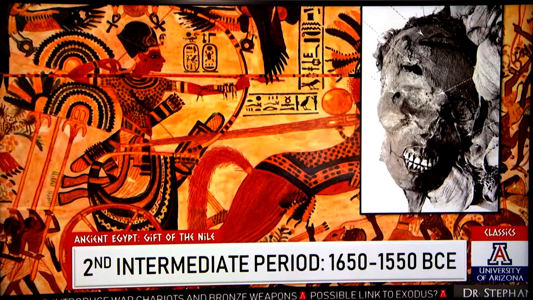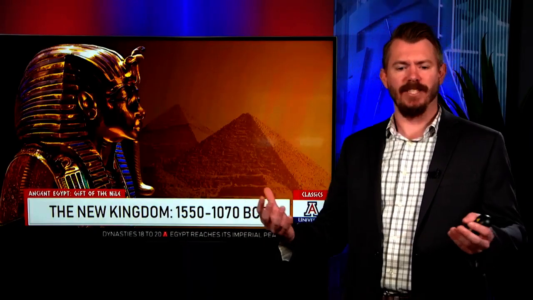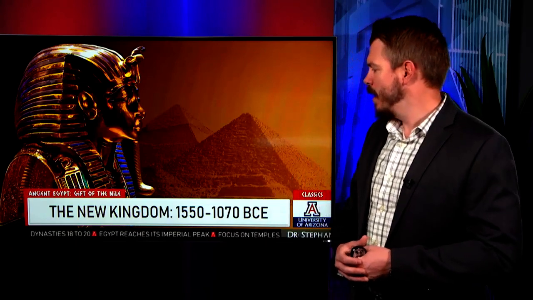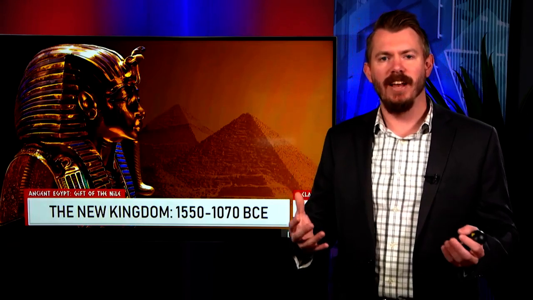Now, eventually, after about 100 years, Egypt is able to emerge out of this into what we call the New Kingdom, and now they're incorporating the technologies of this invading group. So now Egypt has the war chariots. When we look at the New Kingdom in Egypt, you can see that we're about 1,000 years removed from the age of the pyramids, so we're quite a bit away from this time-wise. What we want to associate with the New Kingdom are things like King Tut and the beautiful burial mask here, as well as the grand temples at Luxor and Karnak and things like that.